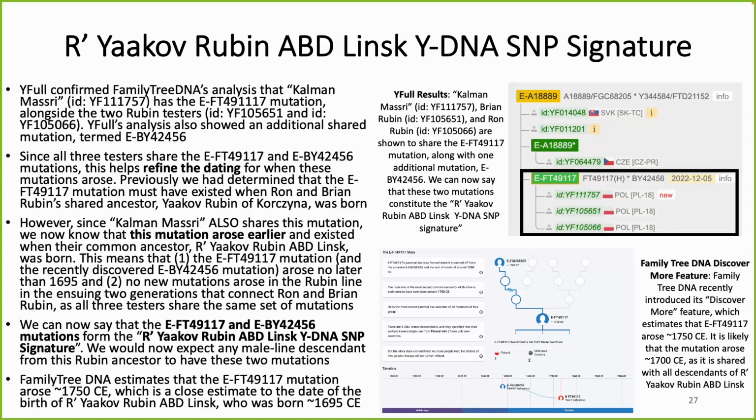He had that mutation. But actually, we can refine that analysis. And we can actually say because Kalman also has these mutations, it means that these are actually more ancient mutations. And that they existed back when all three common ancestors